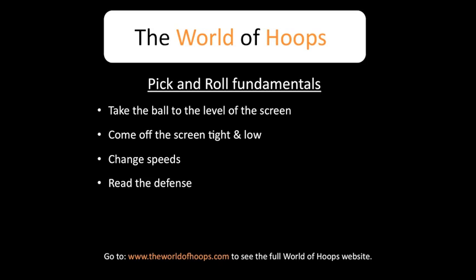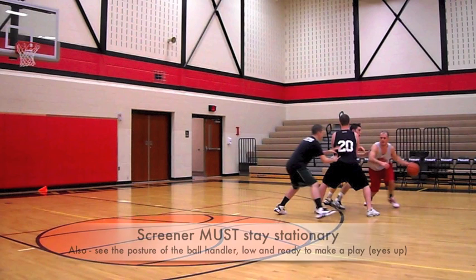The next item is coming off the screen tight and low. So if you watch here, once at the level of the screen, the offensive player then comes off really close to the screener. You see how there's no way a defender could fit between the ball handler and the screener here? This means the defender either runs into the screen or has to go under the screen, which gives you